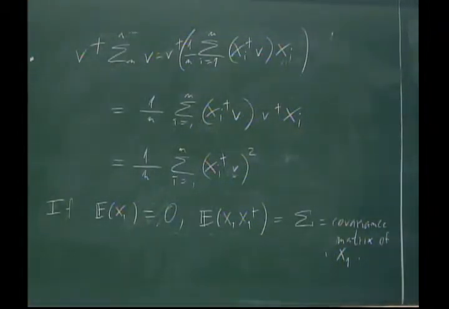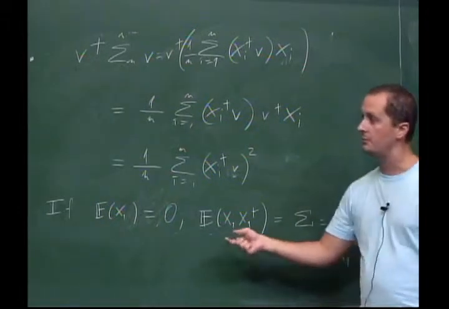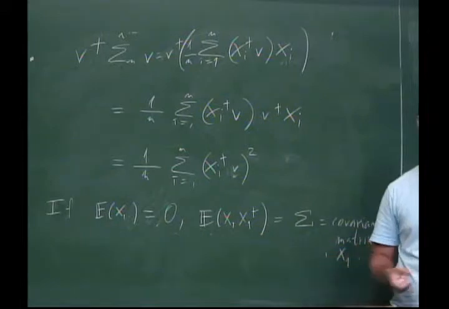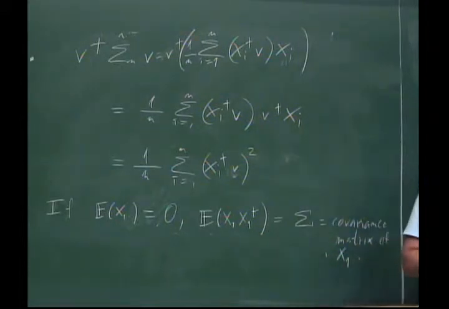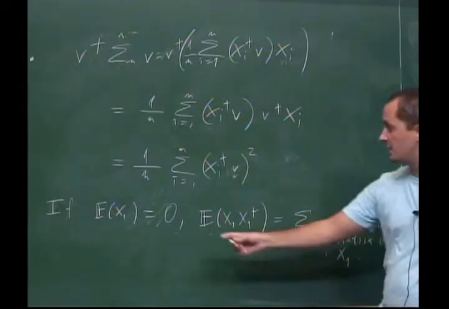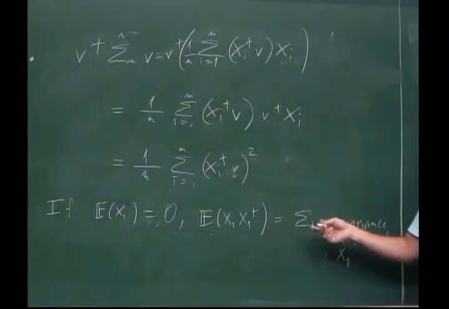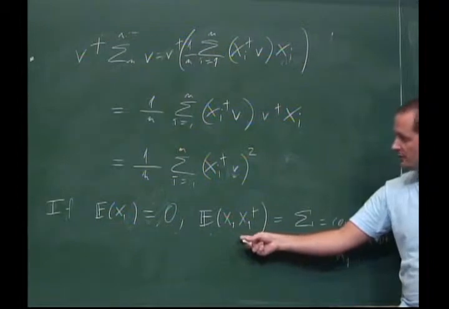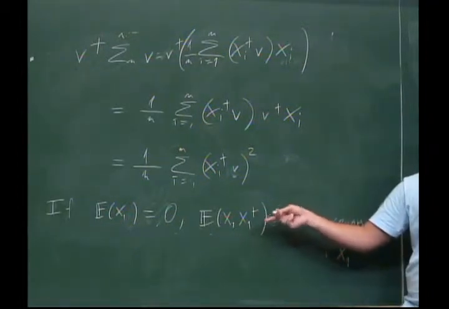For instance, if you're trying to do the central limit theorem for that sum of random vectors, you get this covariance matrix showing up in the limit, right? So it's important sometimes to know what a covariance matrix is. We're going to give other reasons why this sort of matrix is important. And let me just point out that I'm going to use this notation even when x1 doesn't have mean 0. So I'm just going to say this matrix by definition is equal to this. And how do we define this? Well, it's just entry-wise expectation, as we said before.